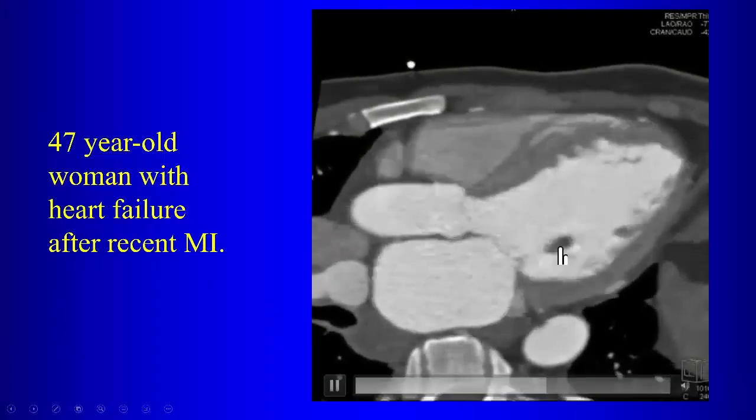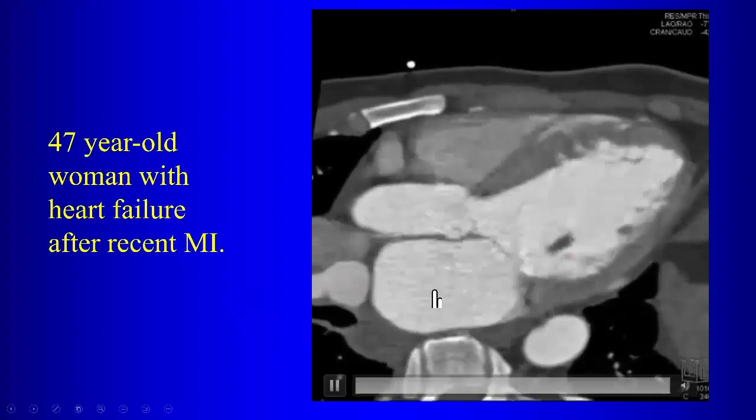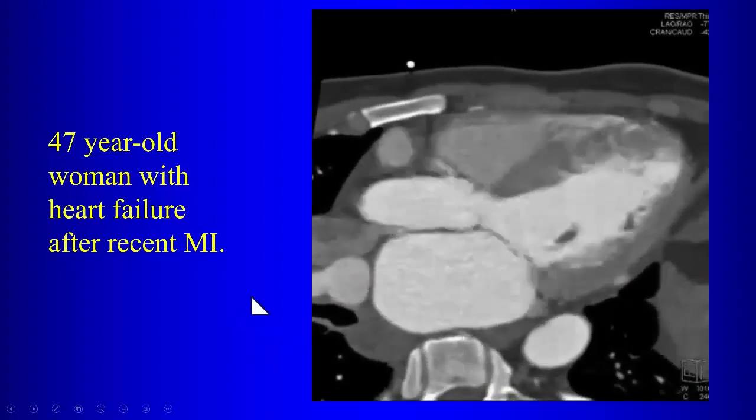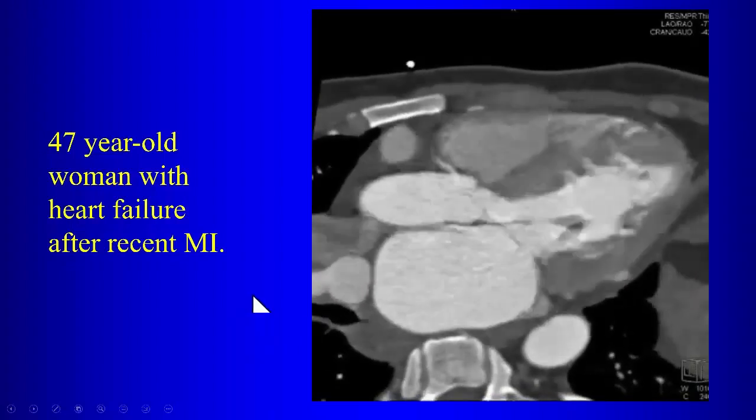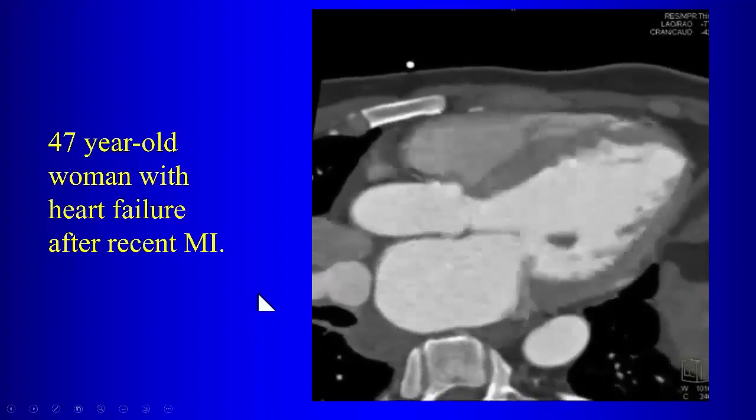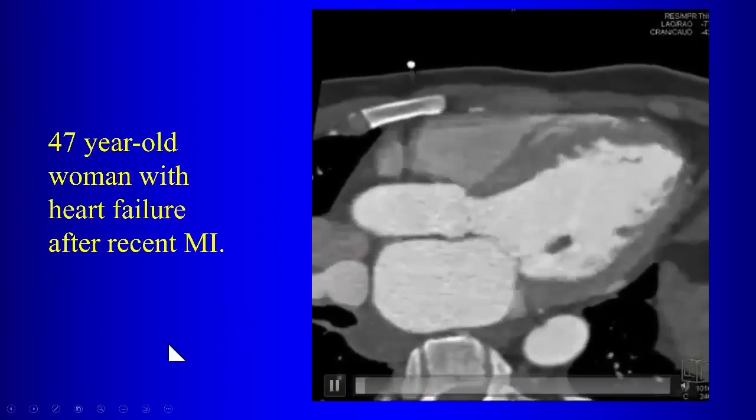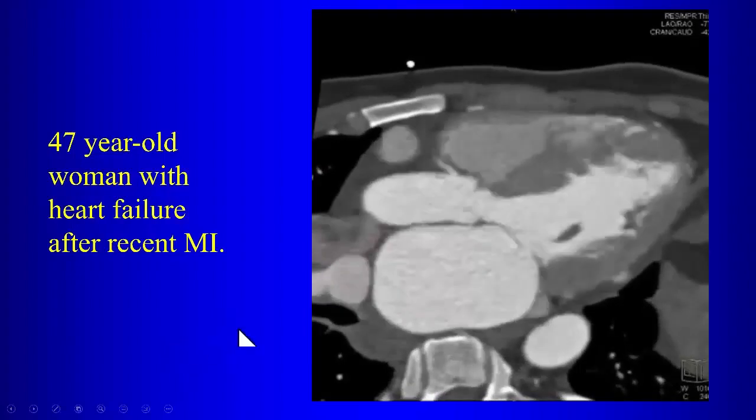So if the papillary muscle ruptures, what happens to the mitral valve? There's incompetence. Yes, so the patient develops acute mitral regurgitation that is not well tolerated. And so then the patient goes into failure. So a cause of failure after acute myocardial infarction could be rupture of the papillary muscle because it causes then